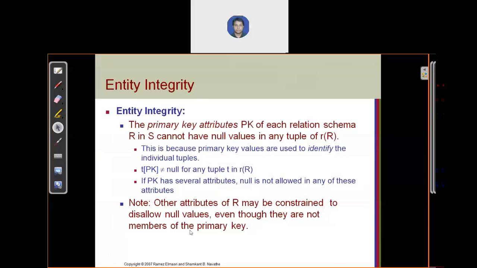Okay, is it clear? Again, we have one relation, student. In the student table, there are roll number, name, and age. Roll number is the primary key. So whenever you enter any record in the student relation, you have to mention the roll number of the student. You cannot leave it blank or store a null value for the roll number column.